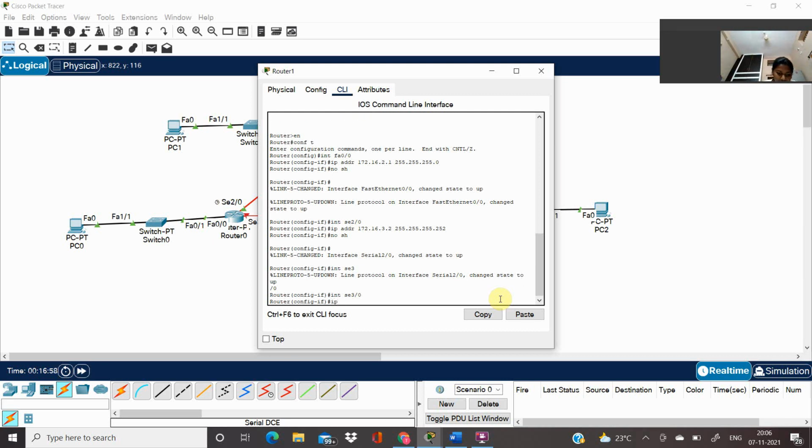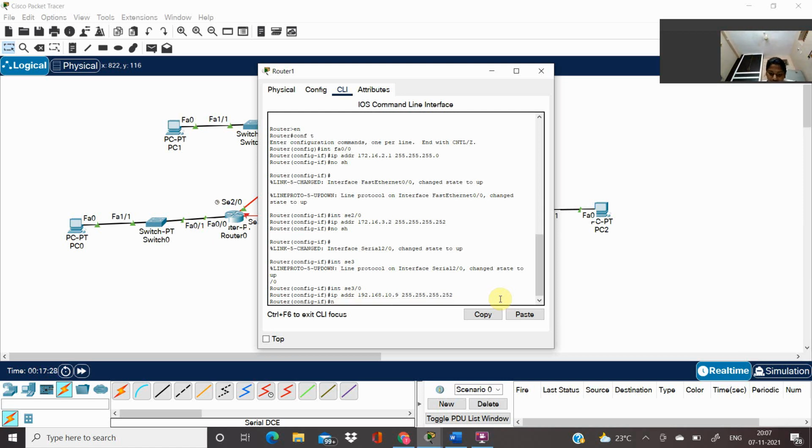Next I'm giving my IP address as 192.168.10.9 and subnet mask as 255.255.255.252.